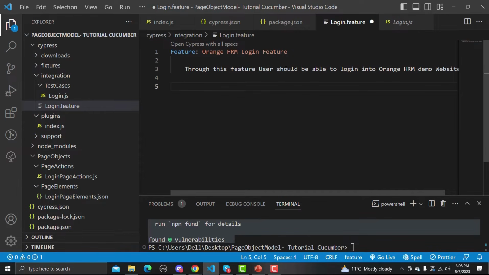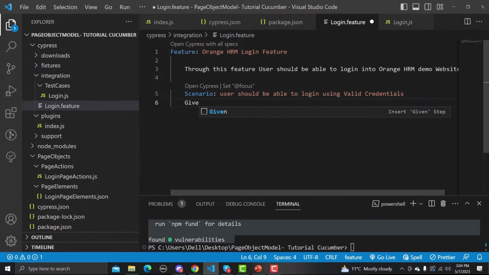Okay, so here we need to start with the scenario, and the scenario is that user should be able to log in using valid credentials. That's my scenario, and Given is that visit the Orange HRM website.